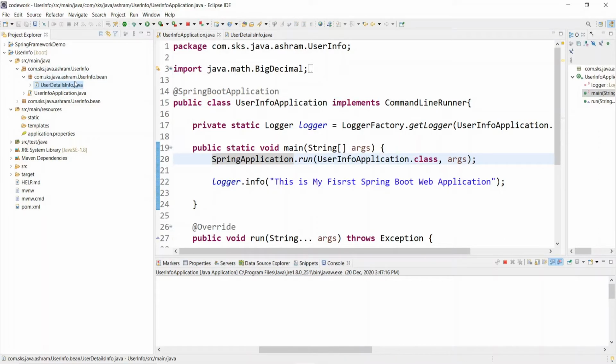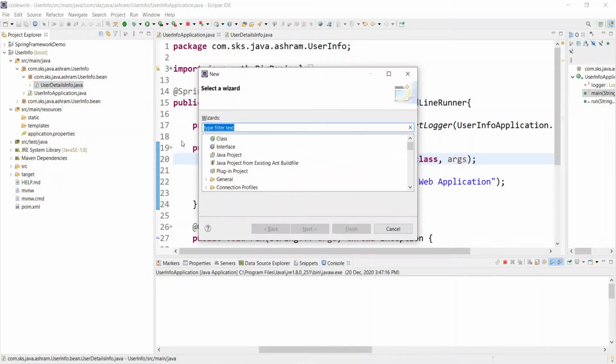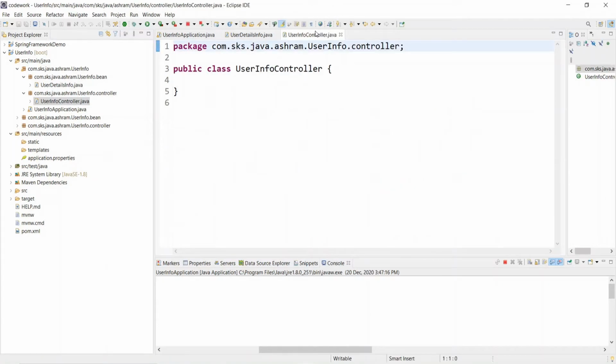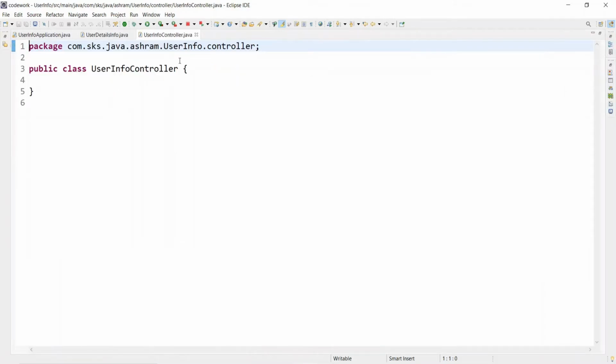Press Ctrl+N, go to class, make a separate package called controller, and put here, let's say, UserInfoController, and finish. Now a new class got created under the userinfo.controller package.